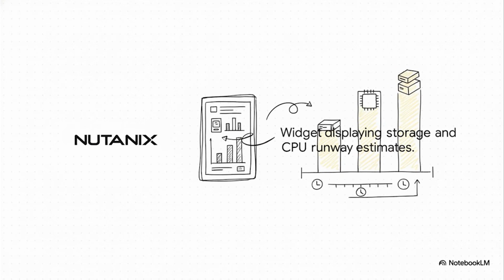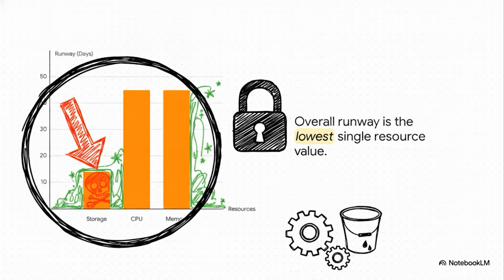Once you actually get there, you'll see a few different widgets. The Cluster Runway widget breaks down your estimates by the three main resource pillars: storage, CPU, and memory. It's fantastic because it gives you the exact time remaining before each specific resource reaches its absolute maximum capacity. But here's where it gets really interesting. How Nutanix calculates the overall cluster runway. Imagine your storage runway is looking pretty critical, sitting at just 14 days, but your CPU and memory, they're totally